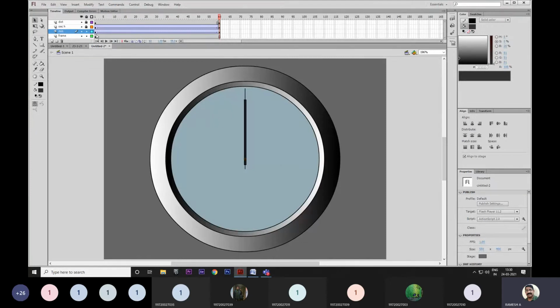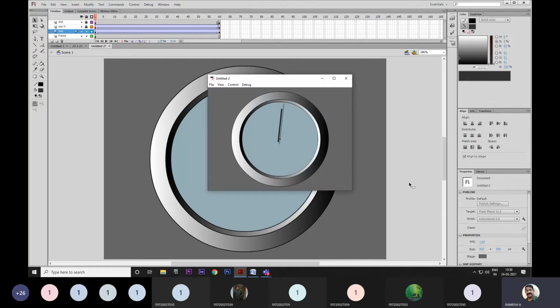First you should select the first frame, and then only you can see the rotation option here in the properties. There is an auto option, just click there and give clockwise. Here also, one rotation. Now control enter. What is going to happen?